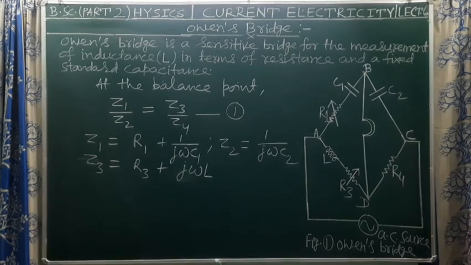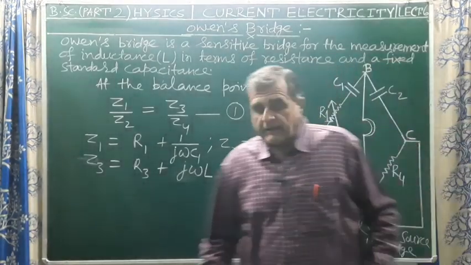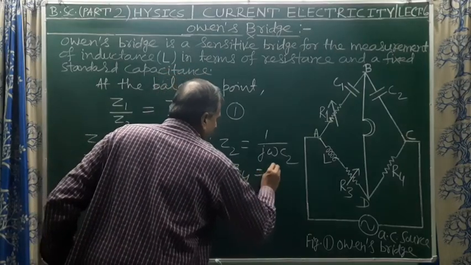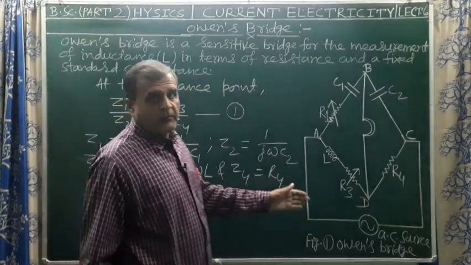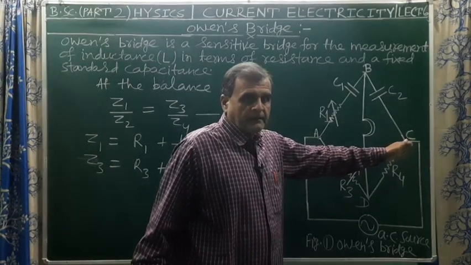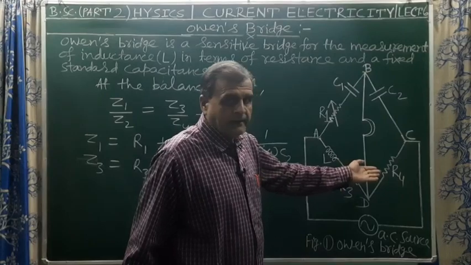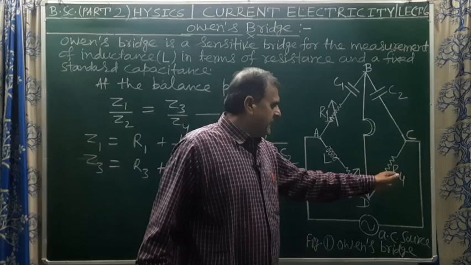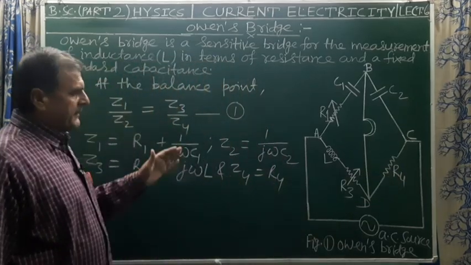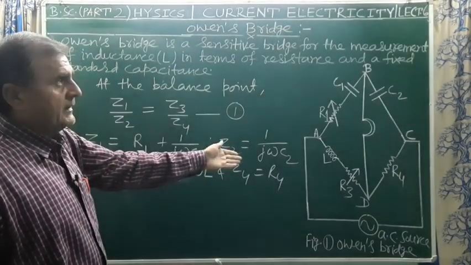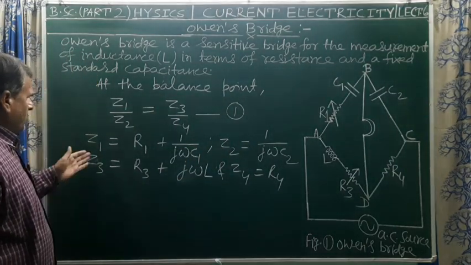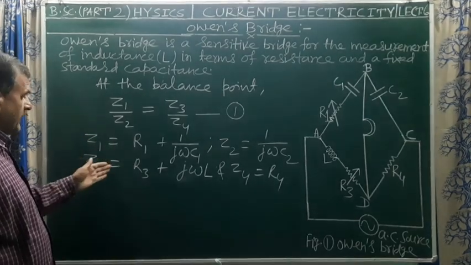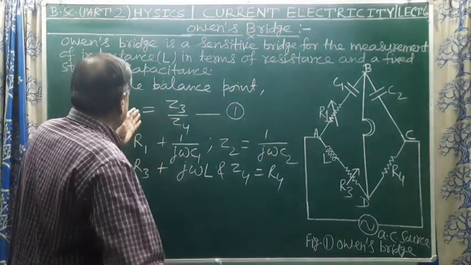Now we have Z4 is equal to R4, that is the impedance of the fourth arm CD of the Owen bridge. Only a resistor of resistance R4 is connected. So in the fourth arm of the Owen bridge there is only a resistance, therefore the impedance of the fourth arm CD will be equal to R4. Now substituting these values, that is values of Z1, Z2, Z3 and Z4 in equation 1,